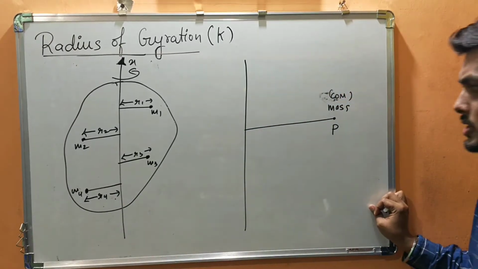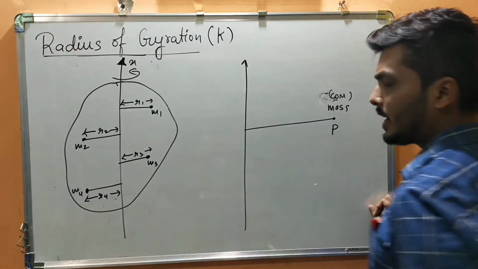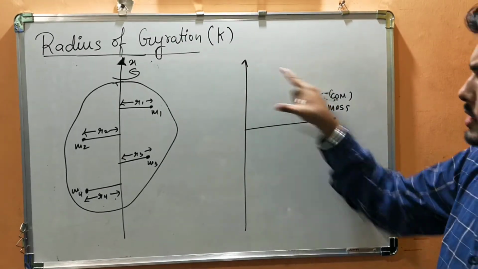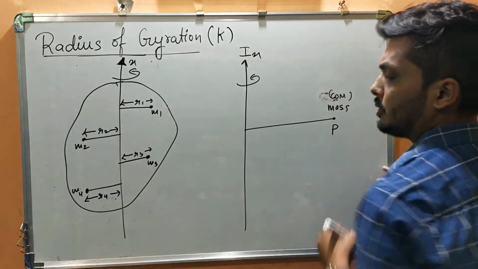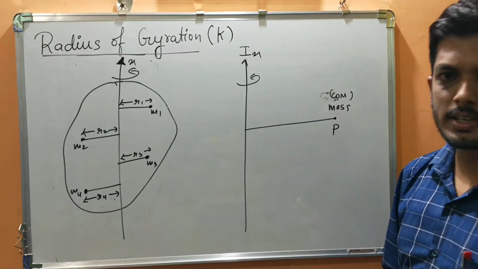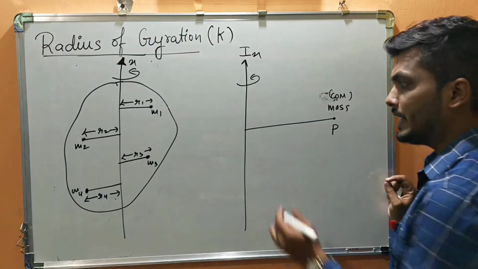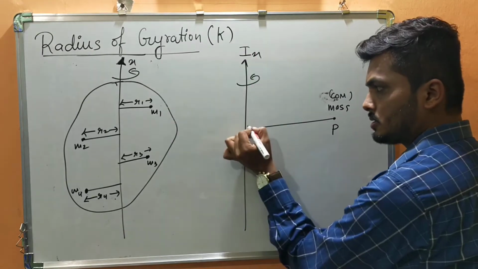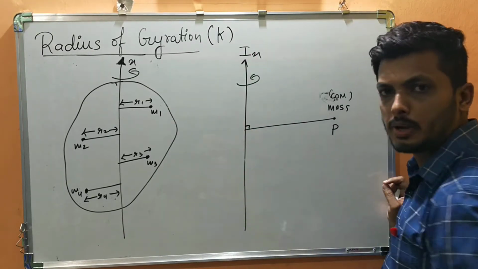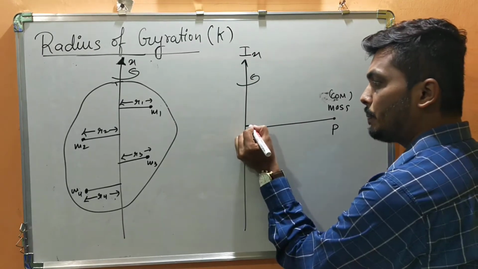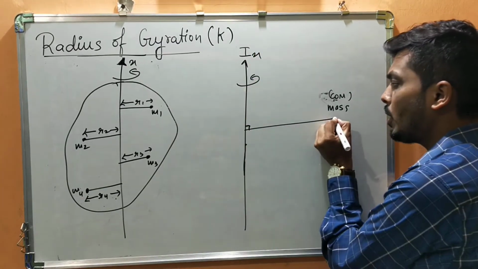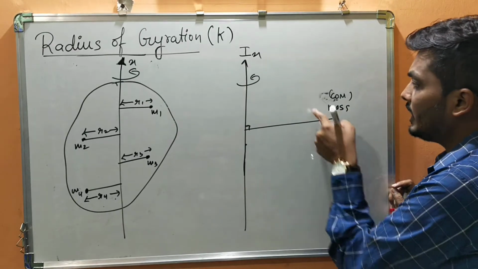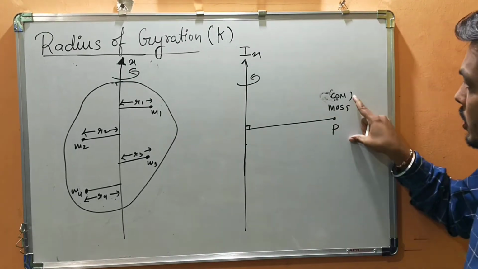Got it? Are you understanding? So see here, this is my axis of rotation, and for this axis of rotation, I'll give this only Ix. It is rotating about this x-axis. The moment of inertia is the perpendicular distance. Is it not a perpendicular distance making an angle 90 degree? Perpendicular distance about an axis of rotation at a point P where the entire mass is assumed to be concentrated.